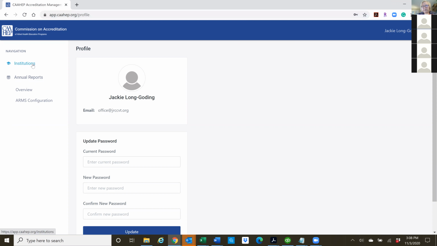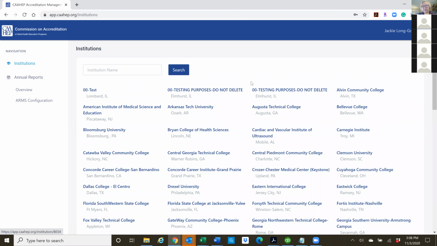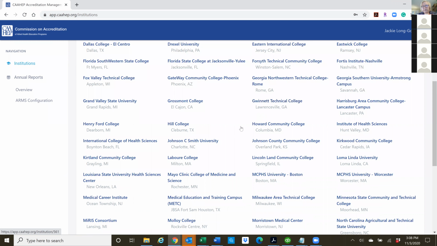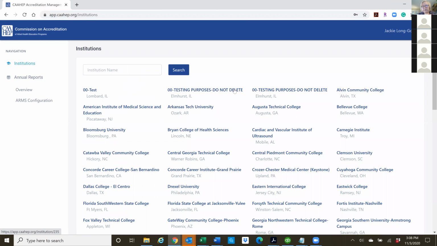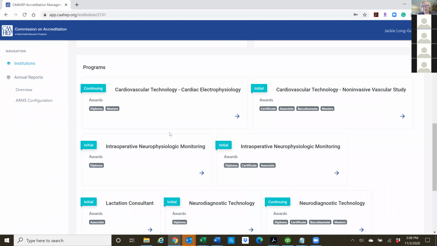So when you log in, and again, mine's messy because I have every program in here for all the colleges I work with. I think they built this so that I have multiple programs. So when you go in, you're only going to see the programs that you have, the tracks.